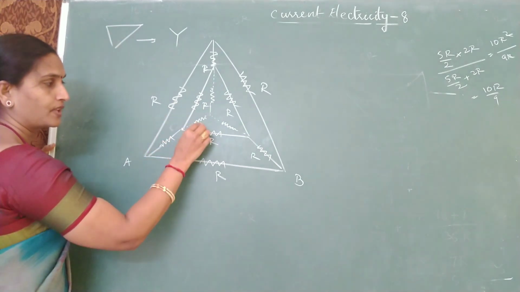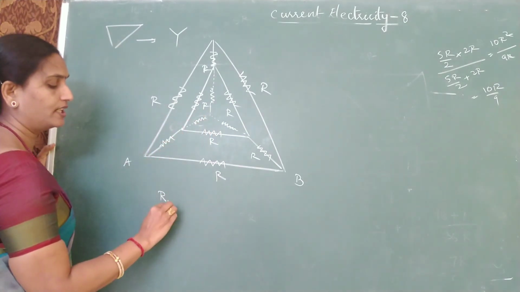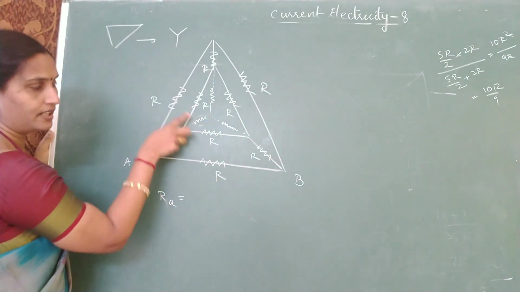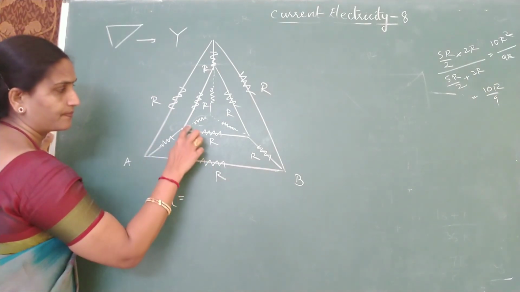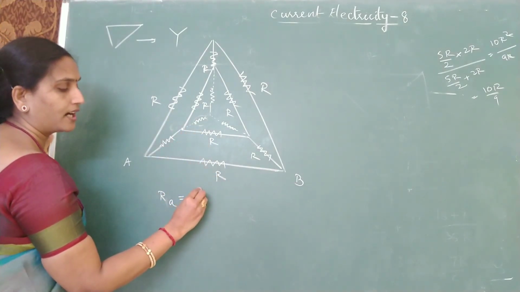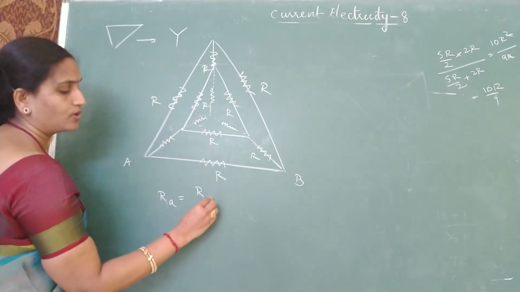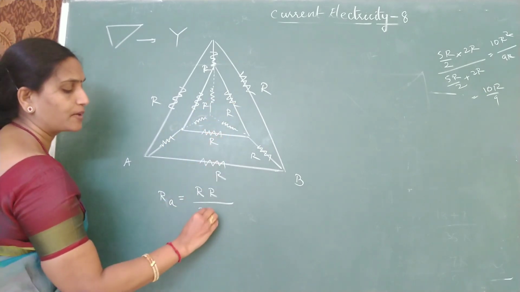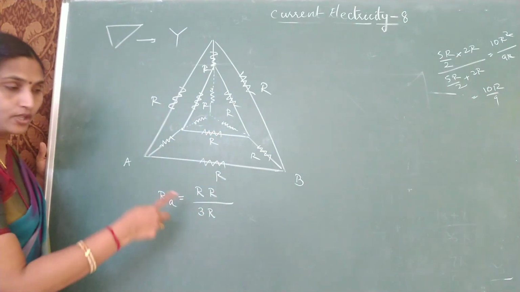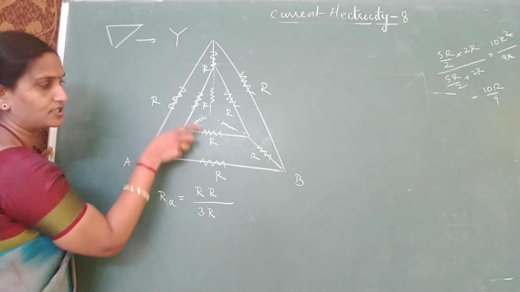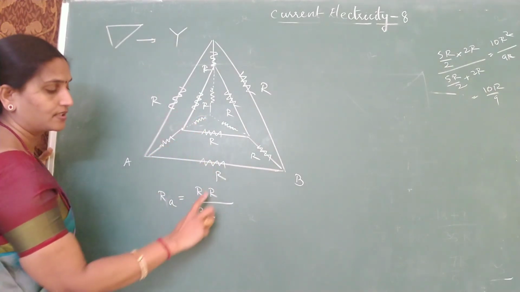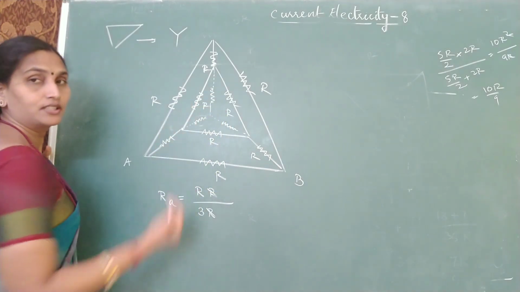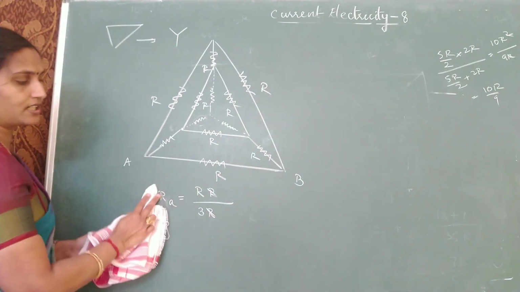Let us check the formula. How to get this resistance? If I call it RA, it is connecting R and R. So the numerator should be, what is the formula? RA is R into R divided by the sum, that is R plus R plus R, which is equal to 3R. Refer to the formulas I told you just now: to get this resistance, product of these two by sum of the resistors. Product by sum. Is it R by 3? Same answer you will get for all the 3 resistors. So by using star delta conversion.